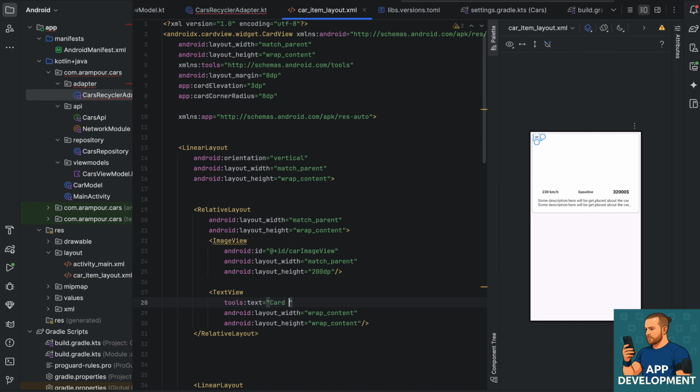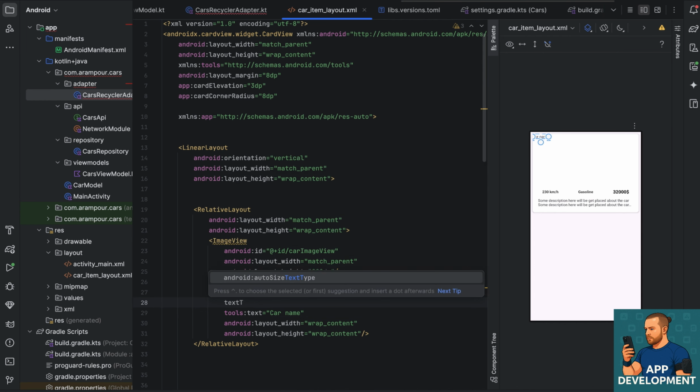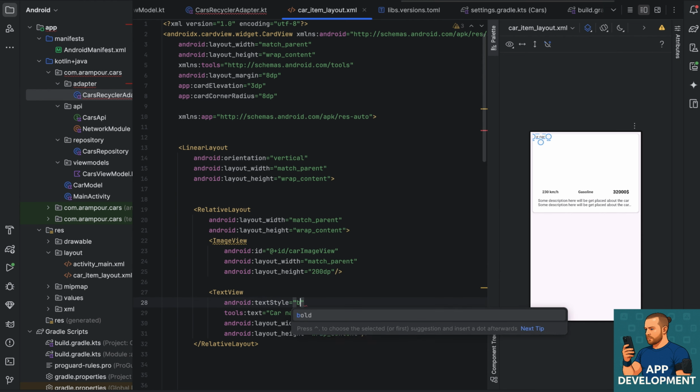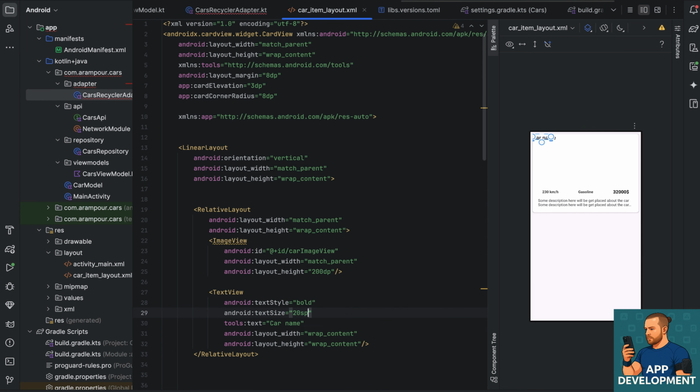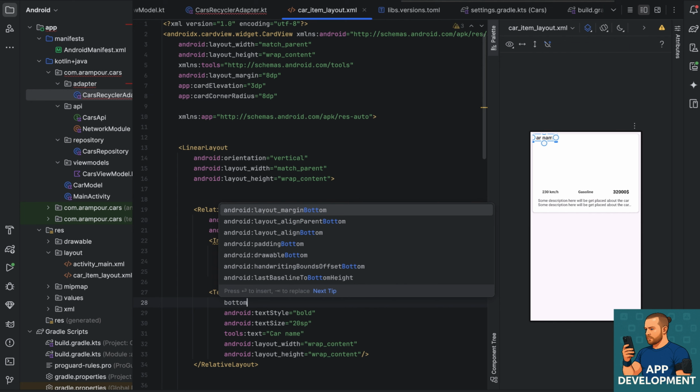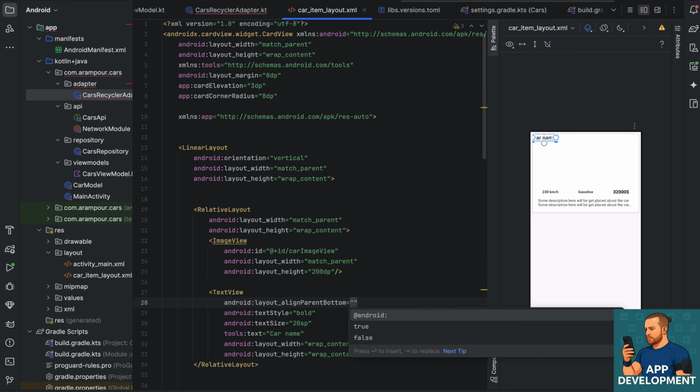Car name. I want it to be bold. I want text size to be more than others. And also I want this to be positioned here. So I say bottom parent true,